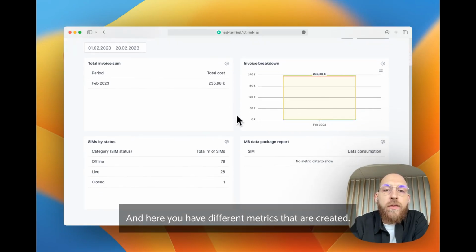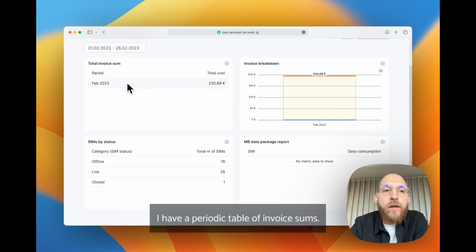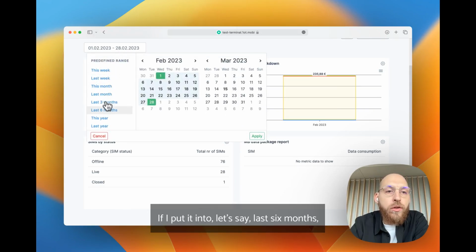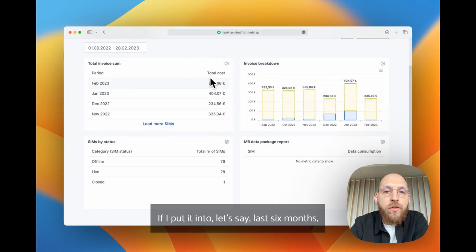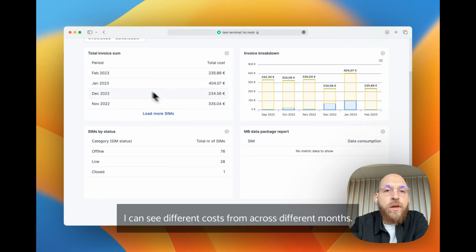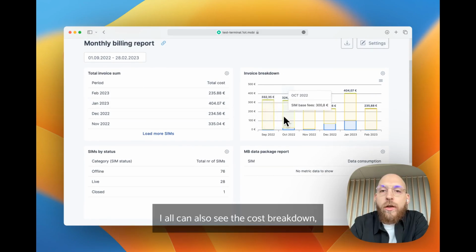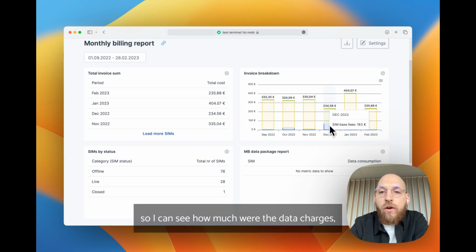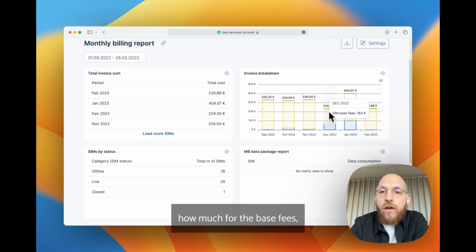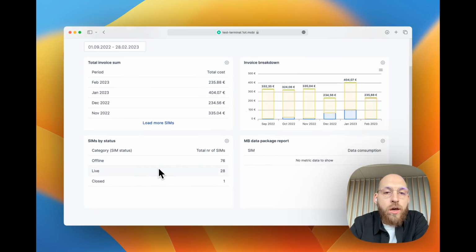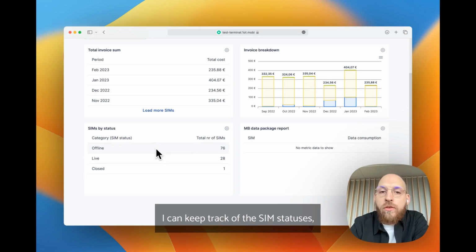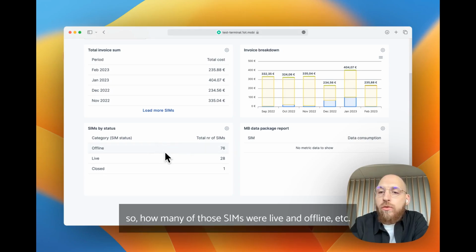And here you have different metrics that I've created. I have a periodic table of invoice sums. If I put it into, let's say, the last 6 months, I can see different costs across different months. I can also see the cost breakdown. So I can see how much were the data charges, how much for the base fees, and whatever services I have to pay. I can keep track of the SIM statuses, so how many of those SIMs were live